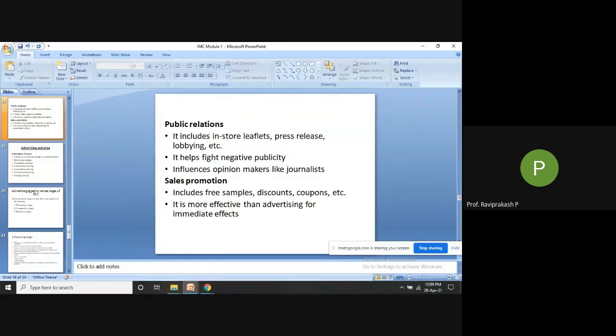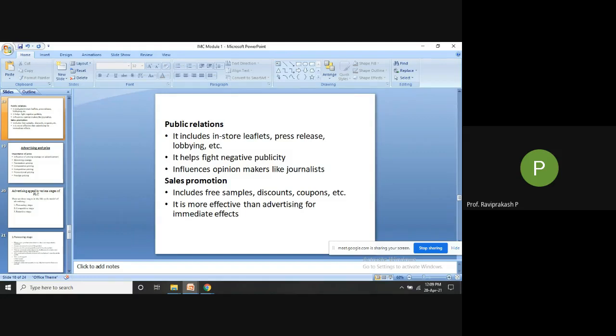Discounts: sir, a particular discount is there, it's a limited period offer. If you buy now, you are getting a 10% discount. Plus, if you order more than one or two now, you are getting an additional 10% discount. So these are things where they are promoting their product, saying that if you order now, you are having this much discount. This is being done. Then coupons.